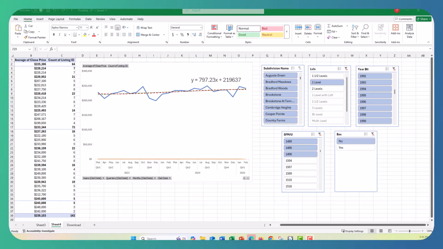Today, I'd like to build off of our previous video, the sale price trends using pivot charts, and show you how you can get an adjustment for the comparable sale based off of its contract date or its pending date. And as you can see,